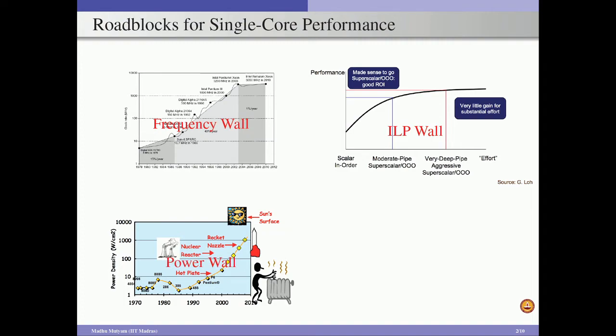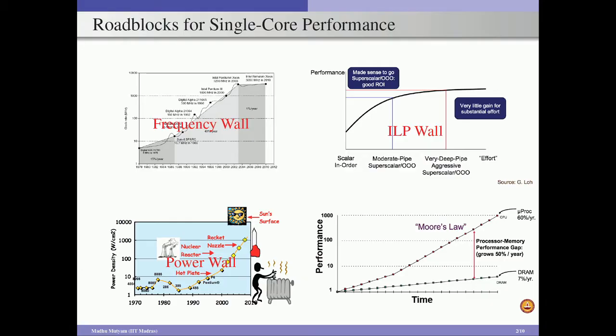And finally, the last one, but a very important one, is the memory wall. This says that the performance gap between the processor and the memory is widening over a period of time. In other words, the processor performance is improving year by year significantly, but the memory technology is not developing significantly. As a result, the memory performance improvement rate is not as high as that of the processor performance, and because of that we can clearly see here a significant gap between the processor performance and the memory